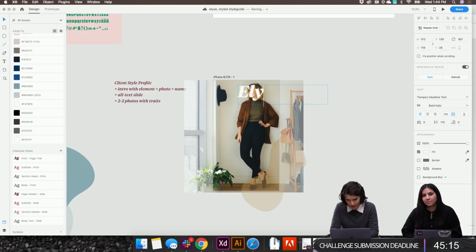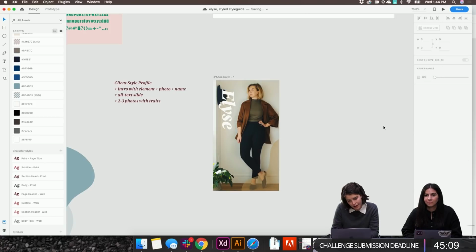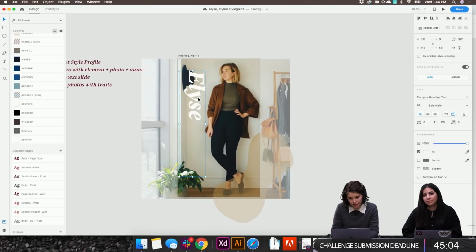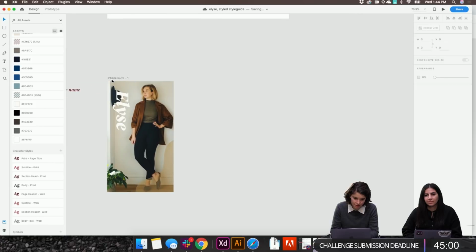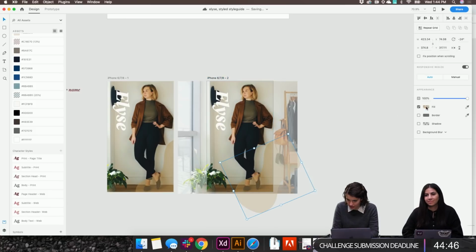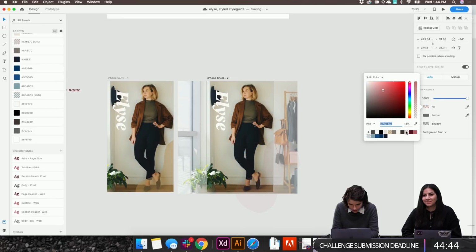I'm going to change this back to Elise, although I do really want to test a longer name. Let's see. I'm going to start making multiple versions of these. This is the way I work, very iteratively. I pull out tons of different versions, and then I look back at my work and decide what's working, and you all can chime in and say what you like as well.